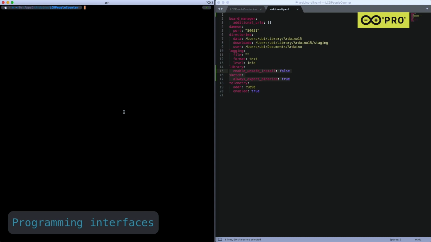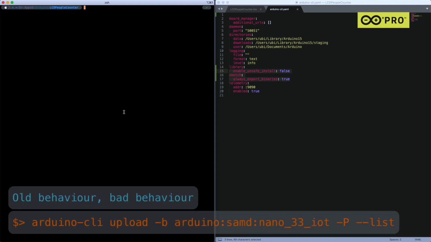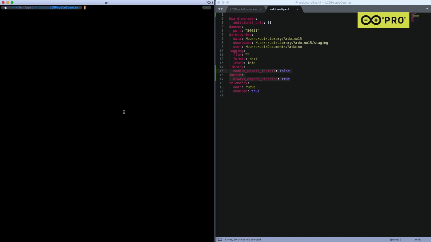Some more advanced users tend to use programmers or debuggers with our boards, and it's not intuitive how to figure out which programmer is supported by your board, especially because they are defined in the platforms. So we had a very cumbersome way of coming up with this. We were using a flag on the upload command to list the supported programmers. We decided that it was not the right place for this command to be, and we moved it into the